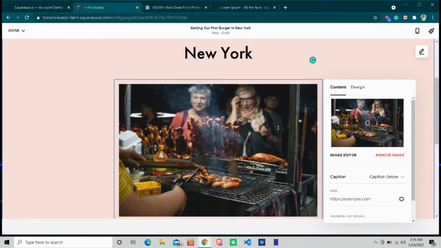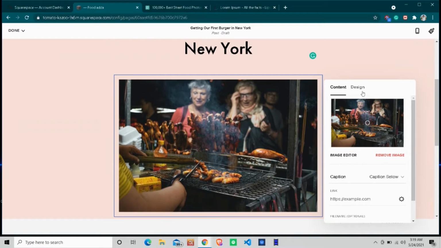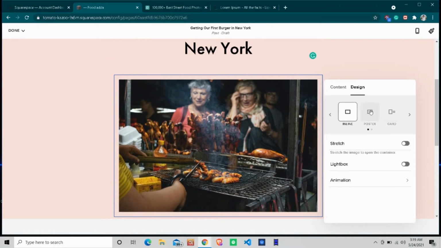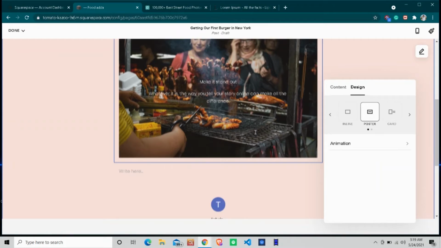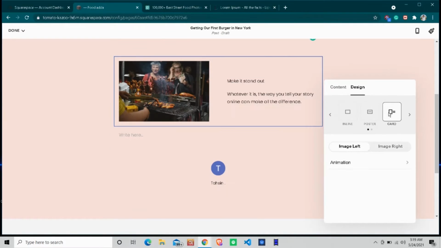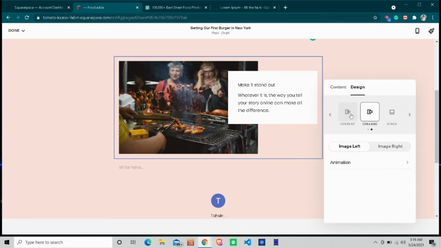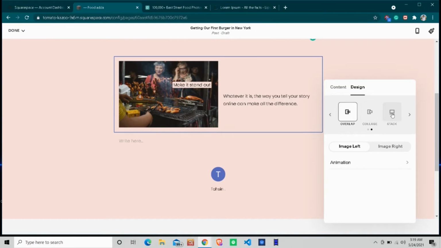This beautiful royalty-free image is uploaded on the blog. You can change the design of the image. You can make it a poster, card, overlap, collage, stack, etc. But for a premium and useful look,